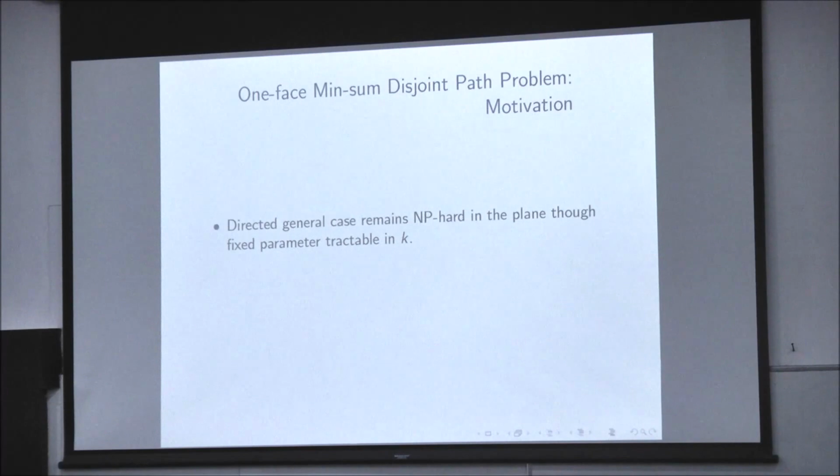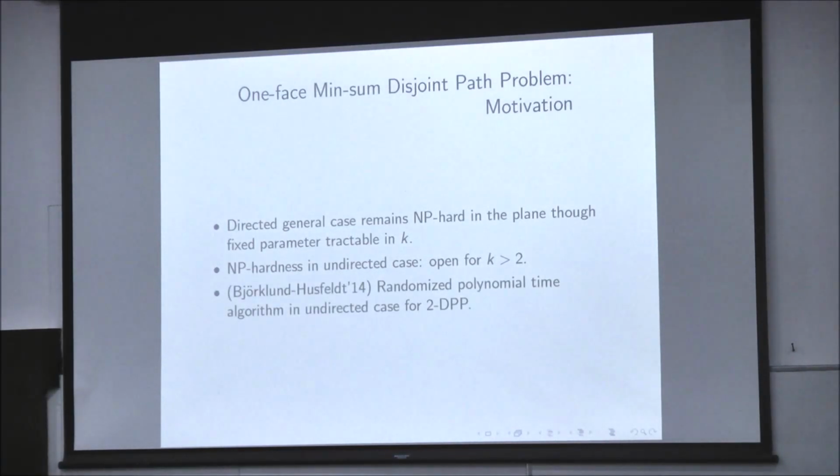and the planar version is NP hard, though it is fixed parameter tractable in k, that is the number of endpoints, the number of terminals. Even in the undirected case, NP hardness is open for k greater than 2. So while for k greater than 2 it is still open whether the problem is NP hard,